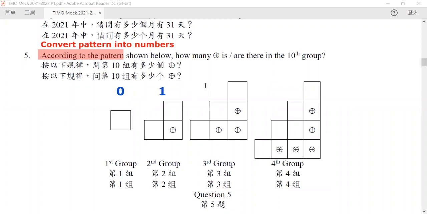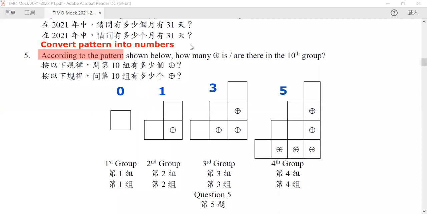Our third group will have a 3, because we see 3 symbols. And for our fourth group, you will see a 5 here. So, disregarding the first group,